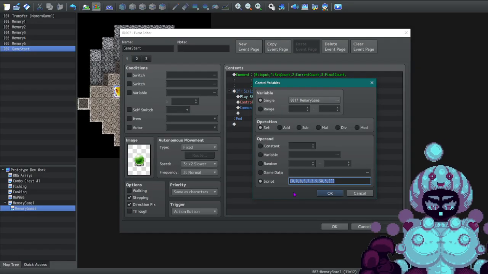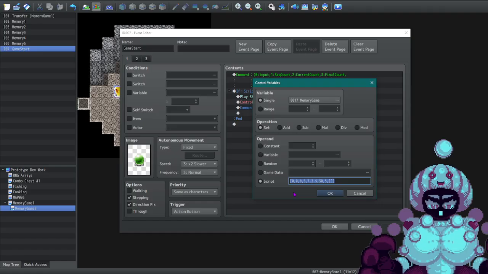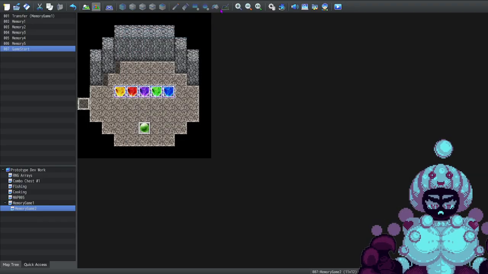Because I want it, every time you get the sequence correct, to reduce by 5 every time. So at first there'll be 30, then 25, then 20, then 15, 10, 5, right? It'll get quicker and quicker. Now,